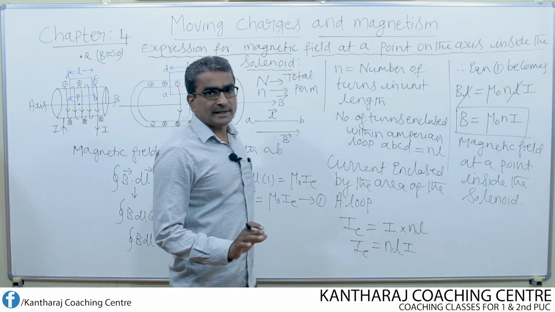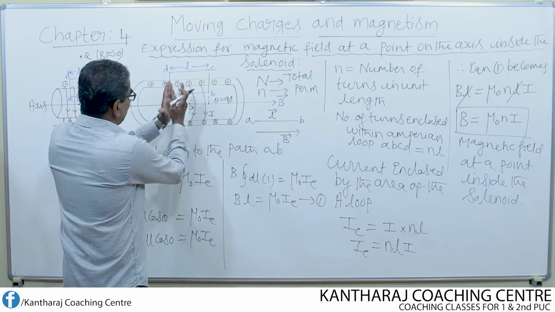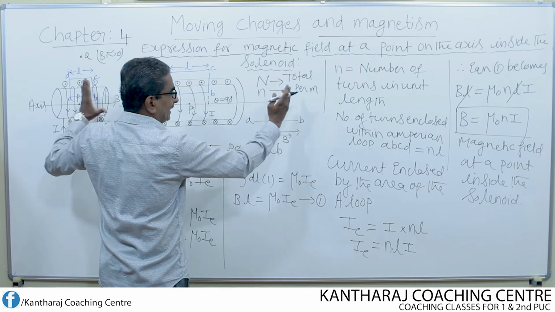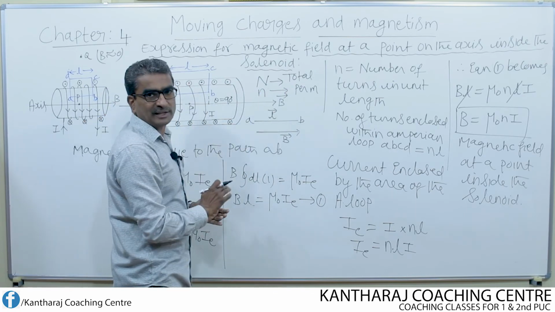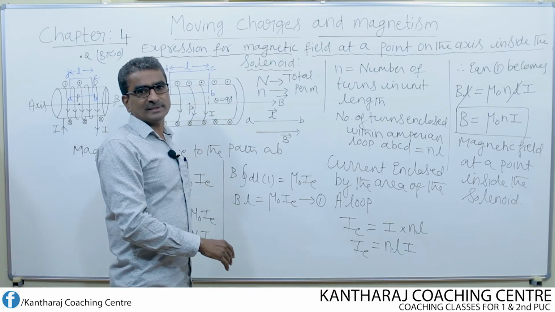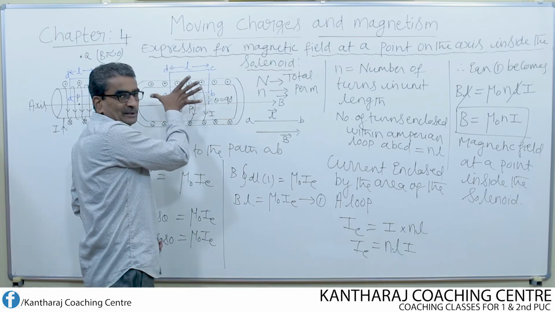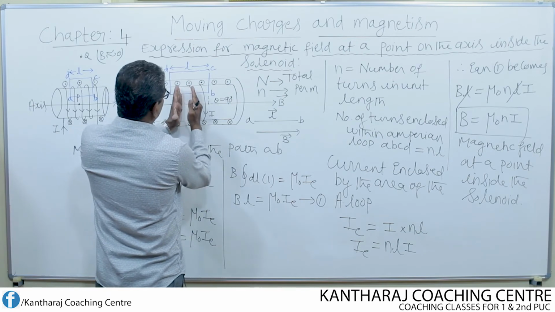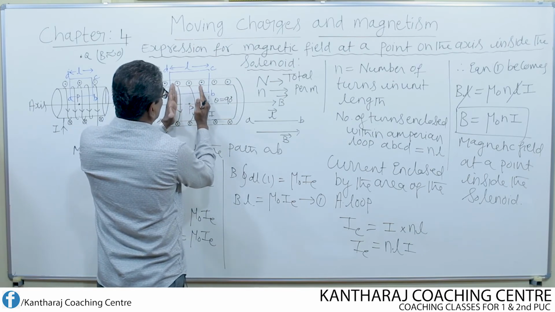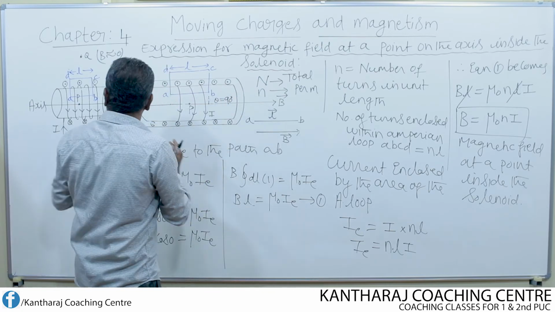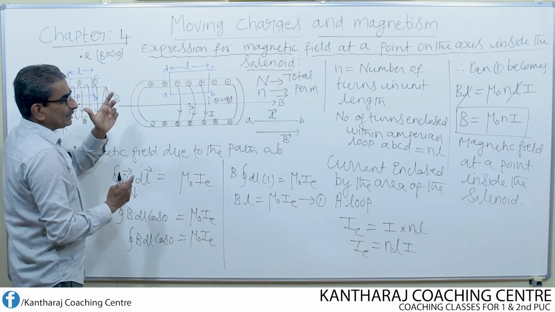Remember one key point here. As we move away from the center of the solenoid towards both of the ends, the magnetic field goes on decreasing. So at the center, it is uniform and strong. Right from the point P, if we keep moving away slowly, gradually the field goes on decreasing. Finally at the end points, that means at the two ends of the solenoid, what will be the magnetic field?